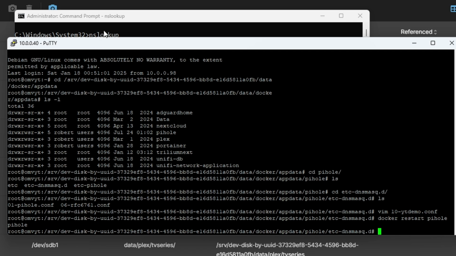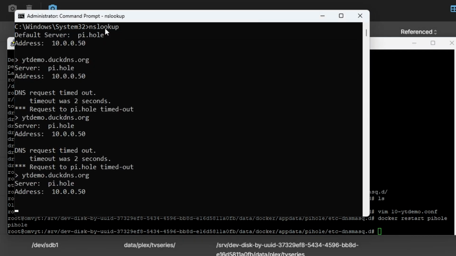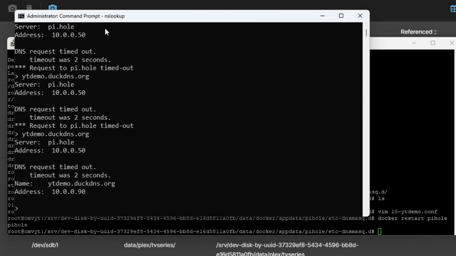Perfect. So it's just already restarted the container. So now we try again. It should resolve our 10.0.0.90. So there you go. Now you can see that ytdemo.duckdns.org is resolved into 10.0.0.90, which would be our